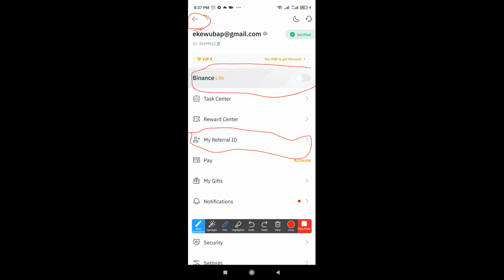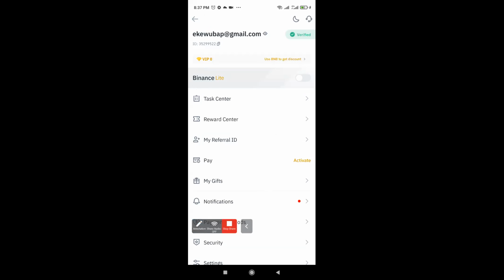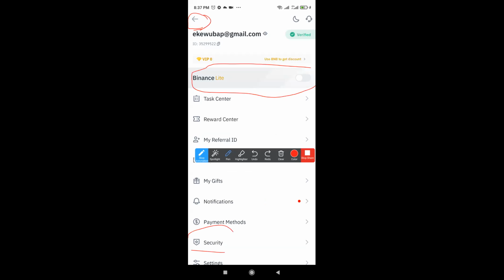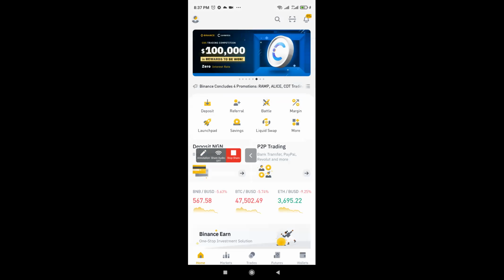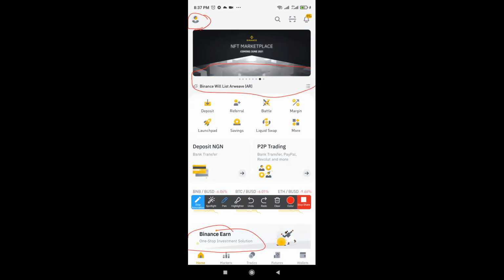It's really good because I think I have 2 people who have registered, and almost every time I see some tokens appear in my wallet, maybe 0.1 worth of a coin, $0.2 worth of a coin. I know it's spillover from people who are invited. So you can invite other people. And then you can do some security settings over here. All those parts you see if you come through here.